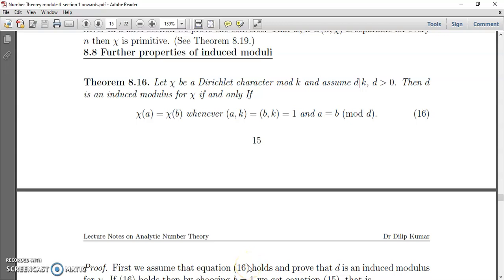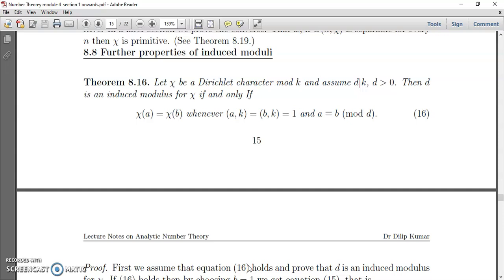Next, we will be discussing the further properties of induced moduli. So we have the theorem which states the property: let chi be a Dirichlet character mod k and assume d divides k, d greater than 0. Then d is an induced modulus for chi if and only if chi of a is equal to chi of b whenever GCD of (a, k) is equal to GCD of (b, k), which is equal to 1,